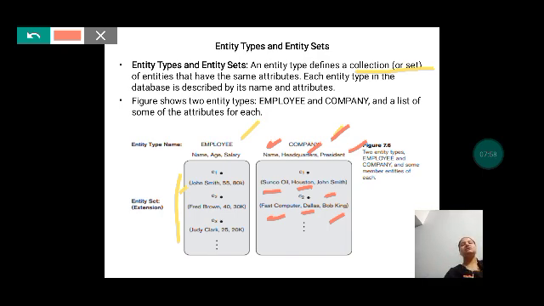Suppose we consider another entity type, say department. What are the possible attributes we can create for the department? What are the things which describe that department? They are the department name and department number. These are the main things, right?